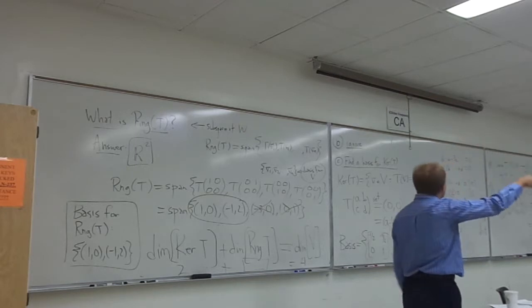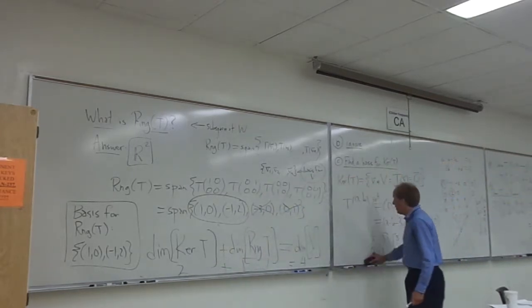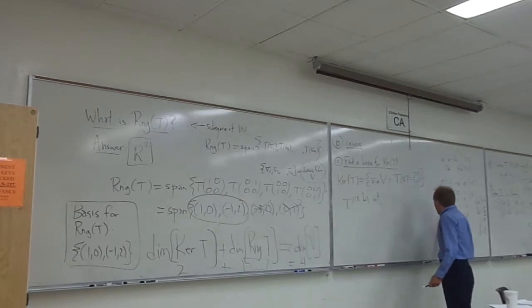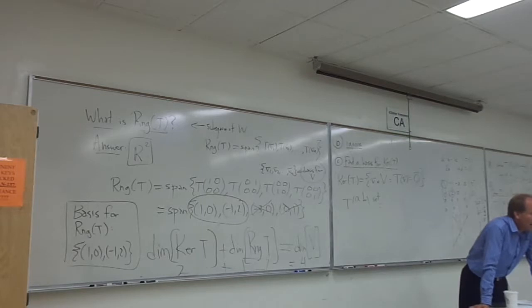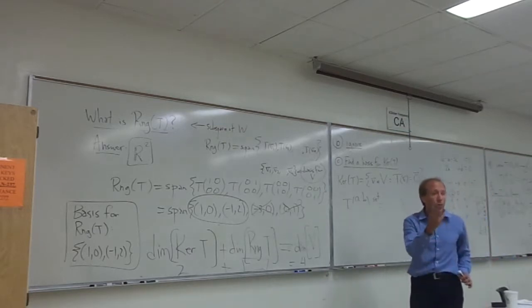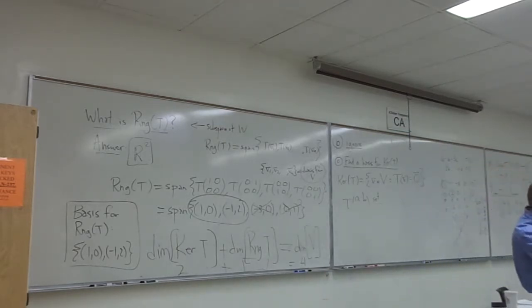You remember that for Rn? Maybe I should refresh your memory about that real quick. It's not on the review sheet. But if I give you the right number of vectors, let's say I ask you for a basis for R7 and I give you 7 vectors, then do you remember that those vectors, either they are both linearly independent and a spanning set, or they are